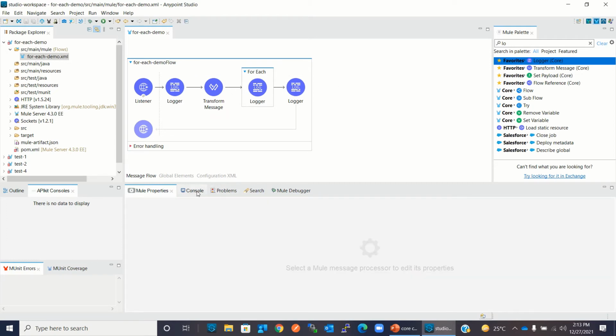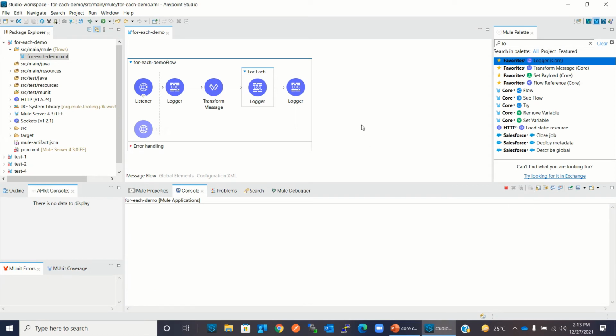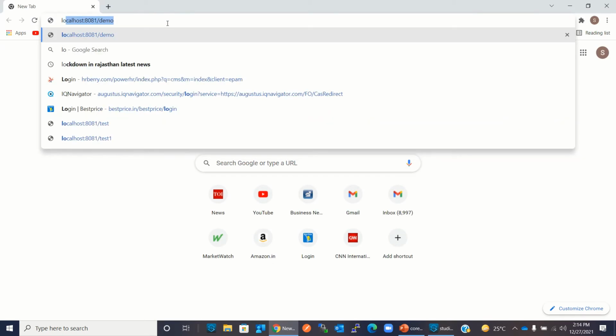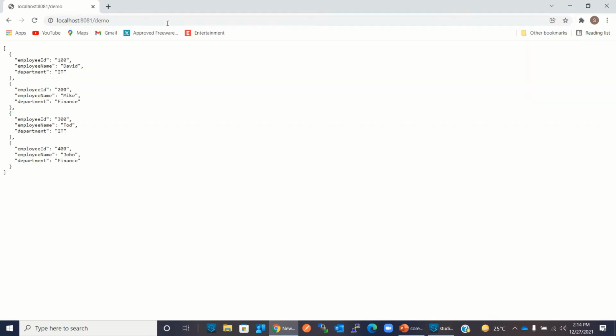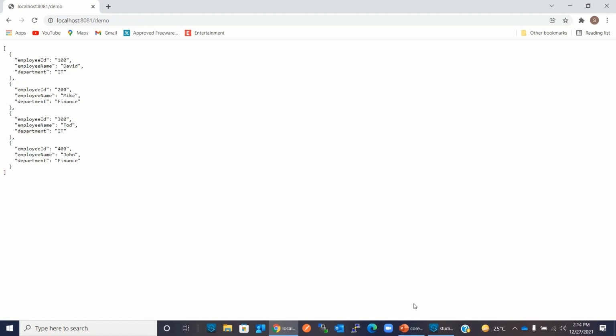Okay, let's see, our application has been deployed. Let's clean the console. Now let's go to the browser and test it. So I will go to localhost. We got the demo resource, hit the demo resource. So we saw that 4 elements have been returned. They are inside an array. This is because